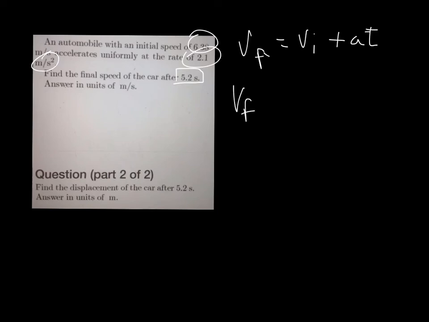So VF is equal to 6.38 meters per second plus, do not use 1/2 in this equation, plus your acceleration of 2.1 meters per second squared times your time of 5.2 seconds. So your final velocity will be 0.3